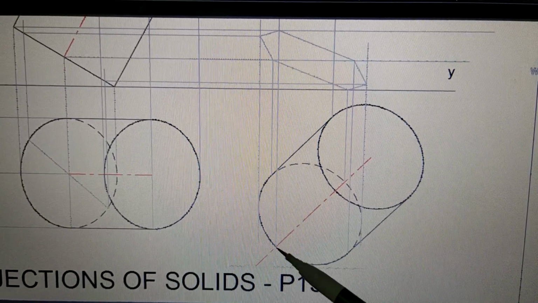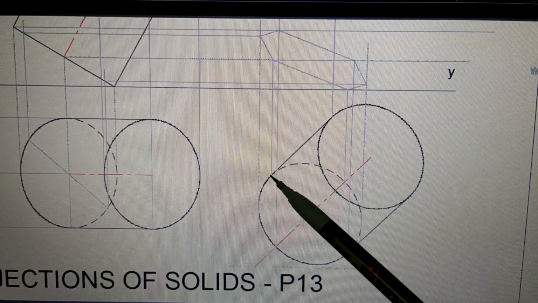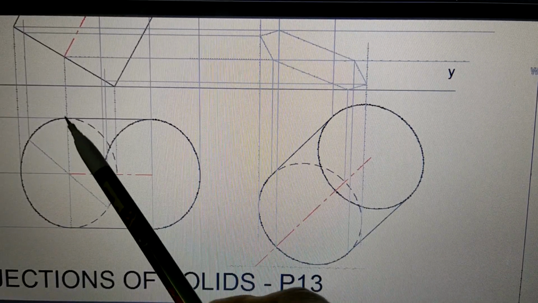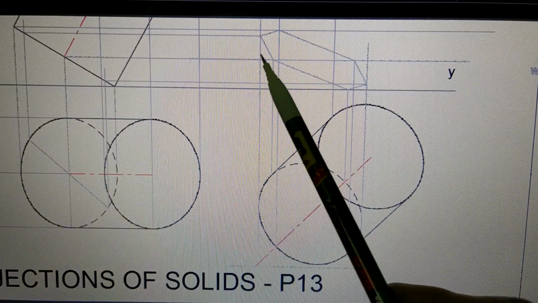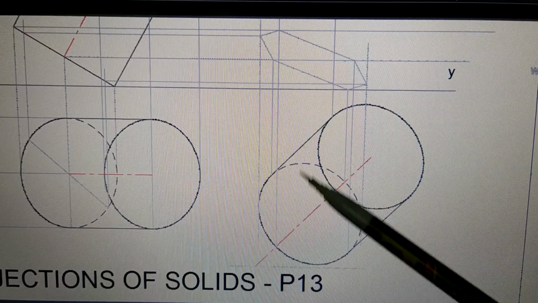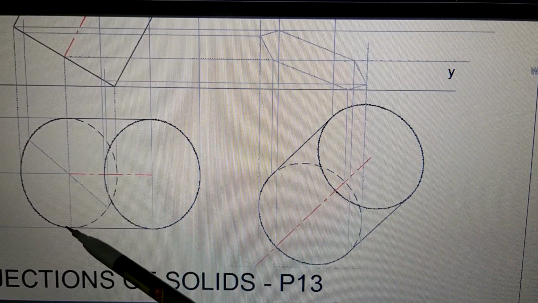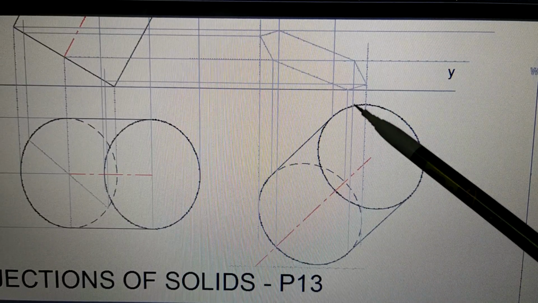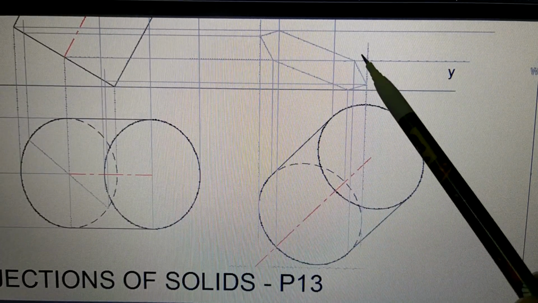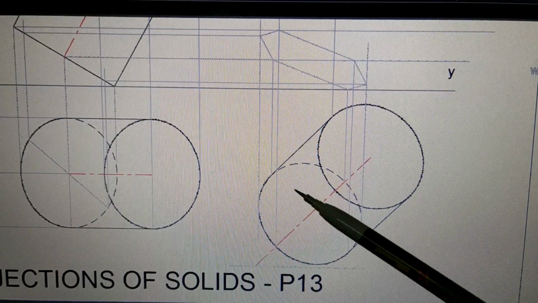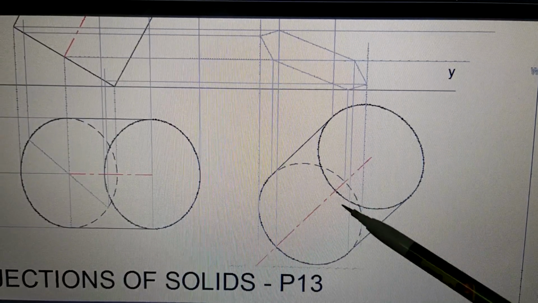So out of that, 1 and 3 are drawn. Now let us go to 4 and 2. Now 4 is here, so draw a line for 4, and this is point 4. Similarly this is point 2. So 2 is here, go from 2, and this will be point 2. So we have drawn points 1, 2, 3, 4. The points which are on the axis, they are drawn.